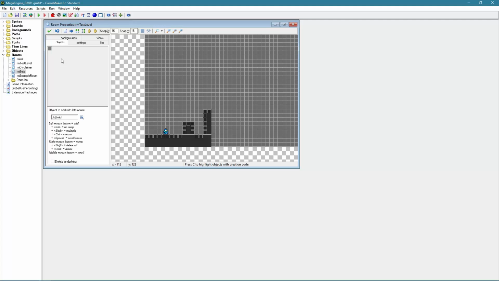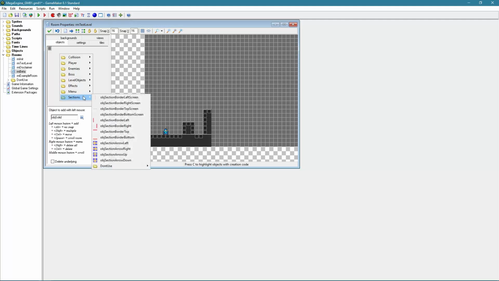So how do these sections work in the Mega Man engine? Well, I made them as simple as possible. So if you go to objects and then sections, you have multiple objects here. This may seem confusing at first, but let me explain. It's actually really easy. The first four, section border left screen, right screen, top screen, bottom screen, those are exactly